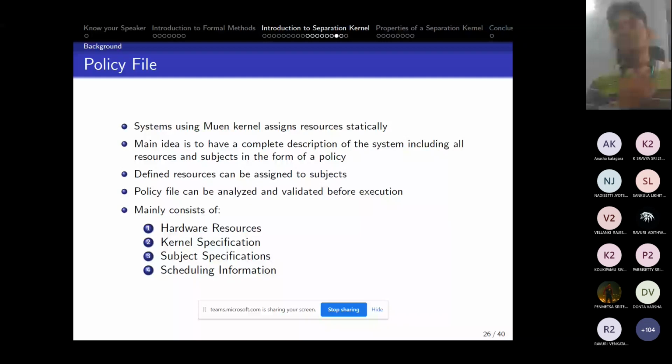I can say that it's very static in nature, but in a monolithic operating system, you don't have control over this. Here I can come up with a policy file which can be the collection of all this information, and then finally we can mount this policy file on a system, right?